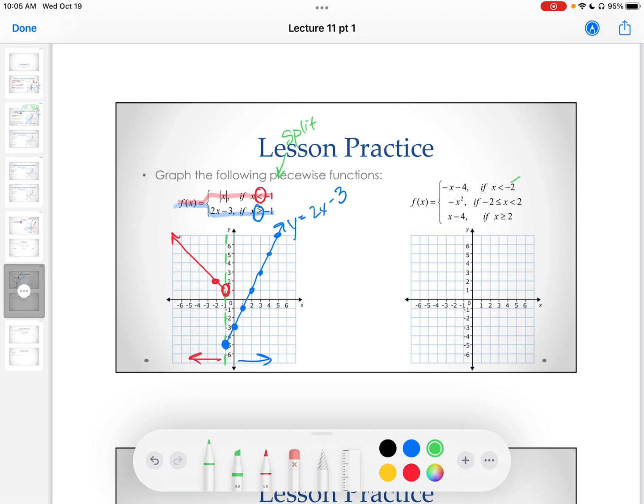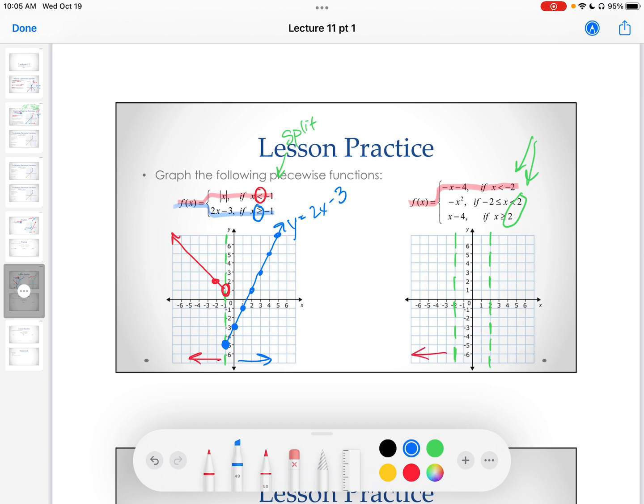Because this one, we've got 2 split points, and that is possible. We have a split point at -2, and we have a split point at +2. So, my red function, f of x equals -x minus 4, if your x is less than -2. So that means I need my red function over here,